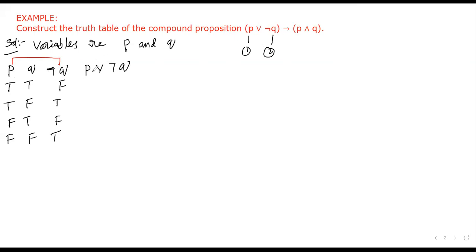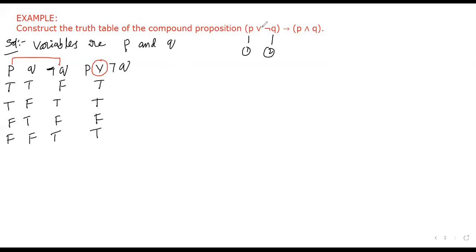Here this is the disjunction. Already you know the disjunction. What is the disjunction table? If both conditions are false, it's false. In all the other remaining cases, it would be true. Yes, you are right. If both statements are false, then only false; in all other cases true. So TF true, TT true, FF false, FT true.